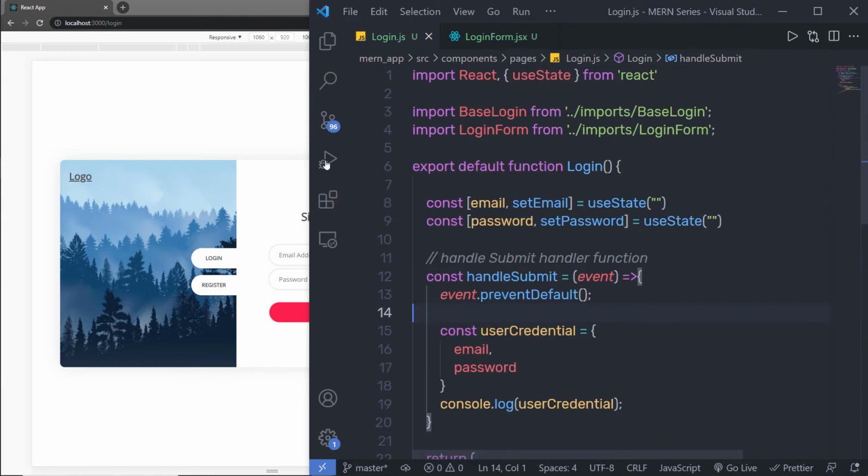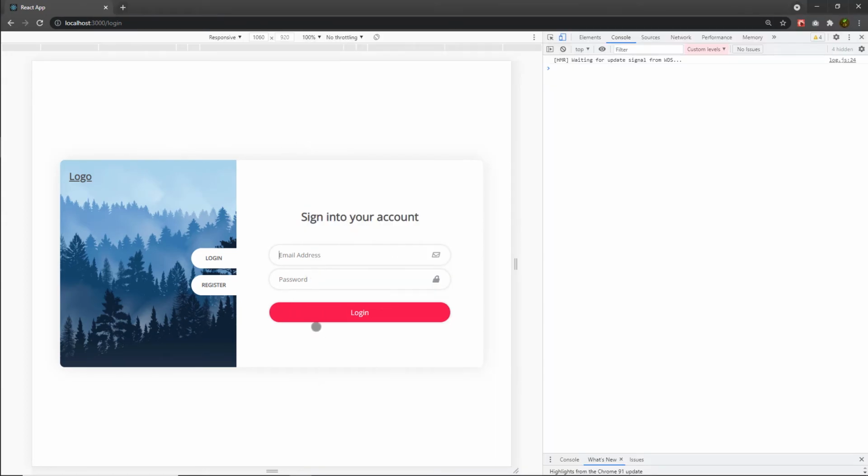And now let me go back to my project and specify values here. Here I'm going to specify admin@gmail.com and specify the password admin123. When I click on the login button, as you can see, this will print both these values inside my console. That's super easy, right? Now I hope you understand how to get values from the input text boxes in the